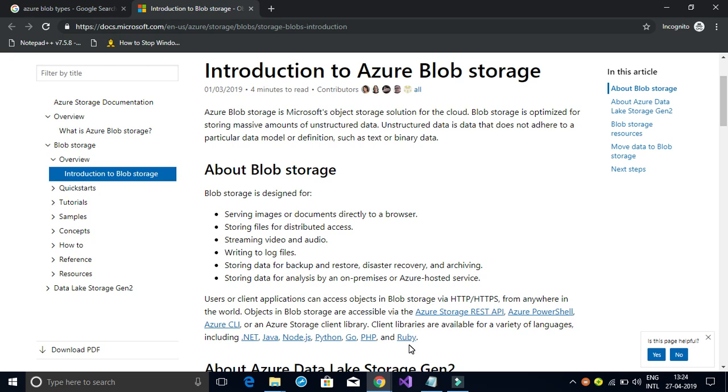Files can be any type of file. It can be video, audio, text, or other file formats that can be added there. So blob storage is a storage provided by Azure. It means we can store the files directly in the Azure cloud, which we call